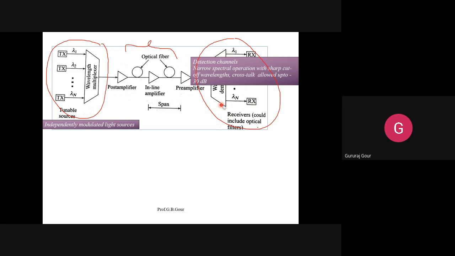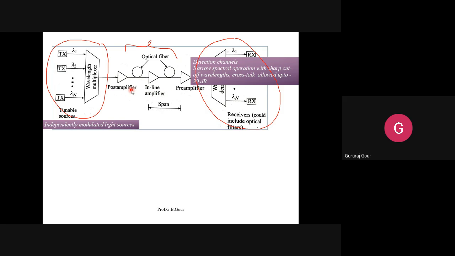So after explaining these two points, now we'll come back to this portion here. This portion mainly consists of amplifiers. The whole channel, optical fiber media that is spanning from the transmitter to the receiver, will consist of repeaters and amplifiers. We have three types of amplifiers here: post amplifier, inline amplifier, and pre amplifier. Why they are called so, that you have to explain.